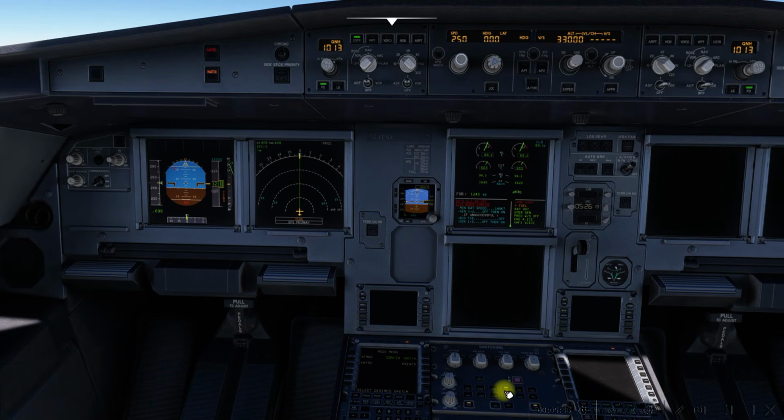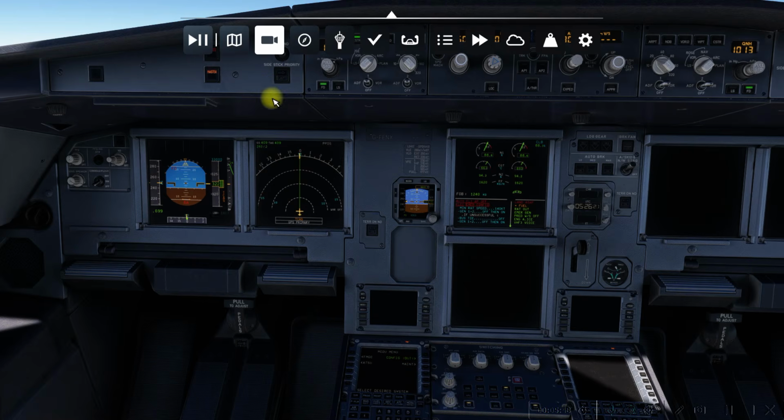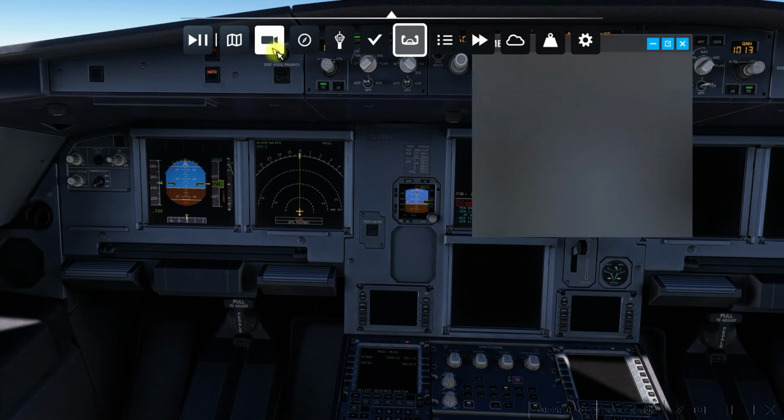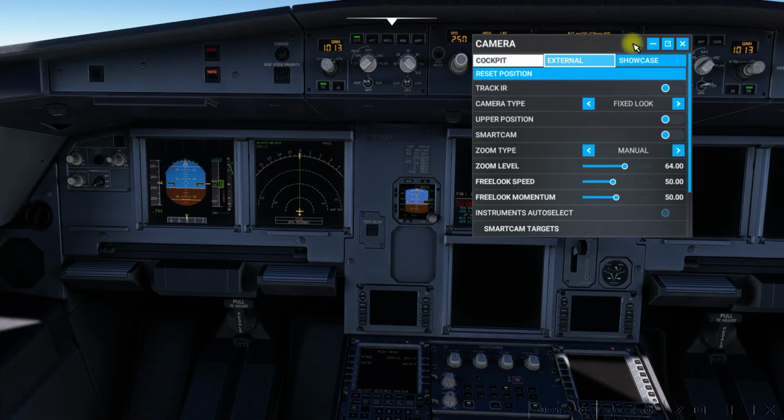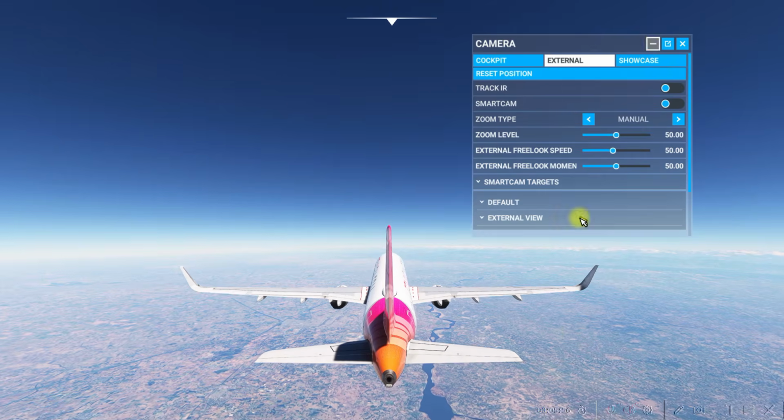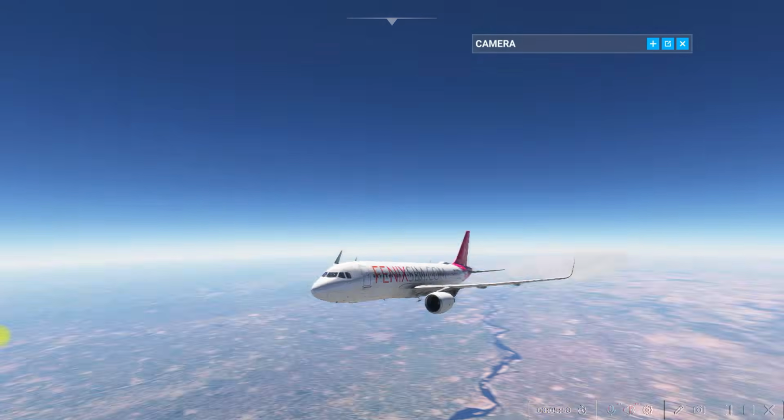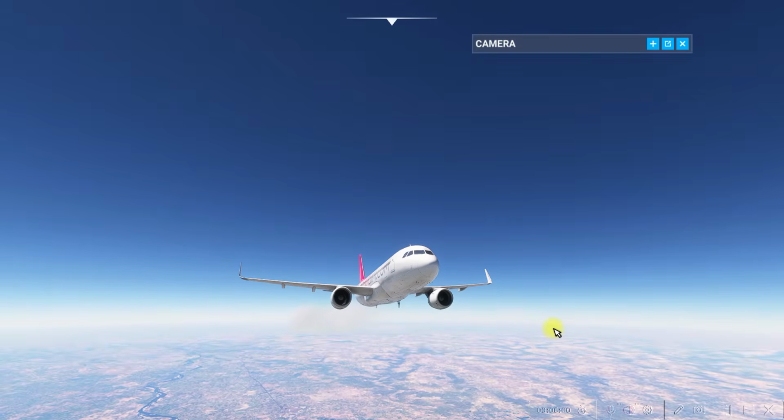And if I go to the electrical page, if you go to the external cockpit view or external view,